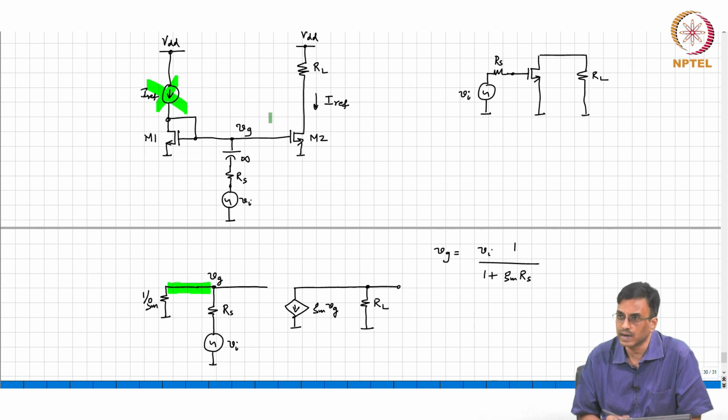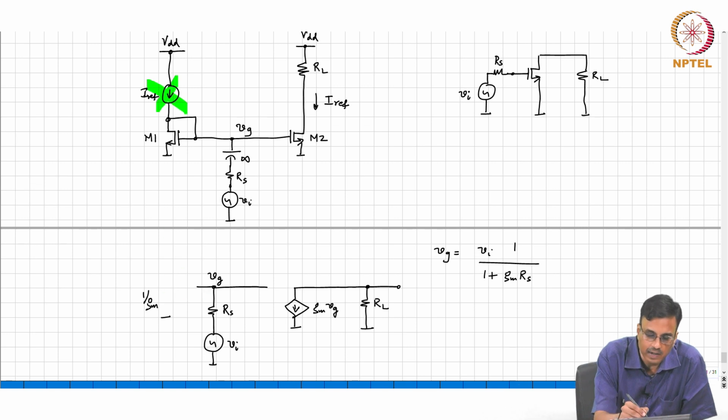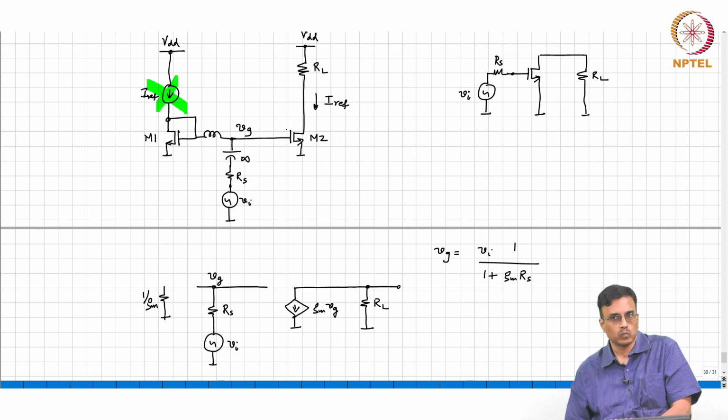So one way of doing it therefore is, what is a short for DC but open for incremental signals? An inductor, an infinite inductor, right? So one way of doing this is to put an inductor like that. Now what comment can you make? Of course we know that inductors are bulky, correct? Okay, and